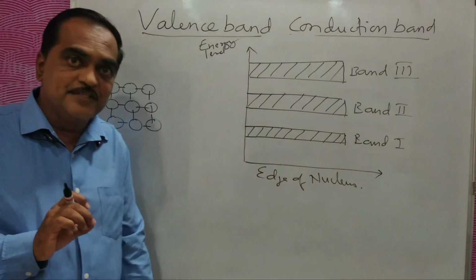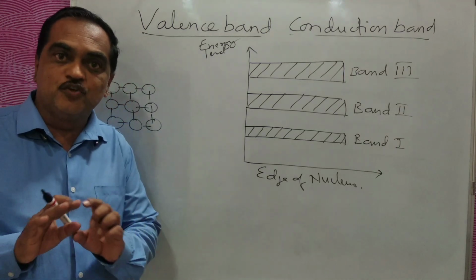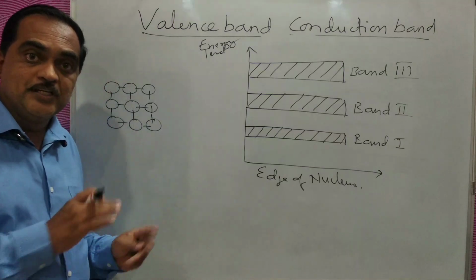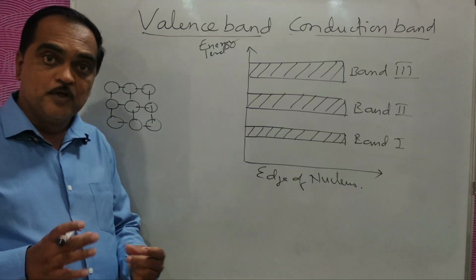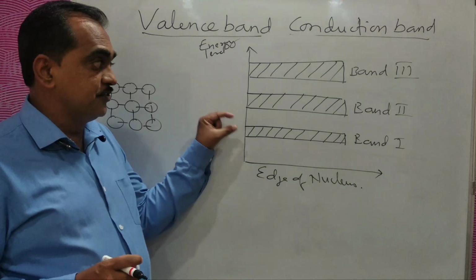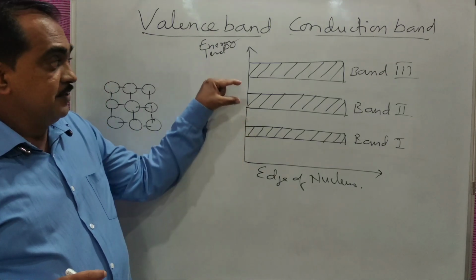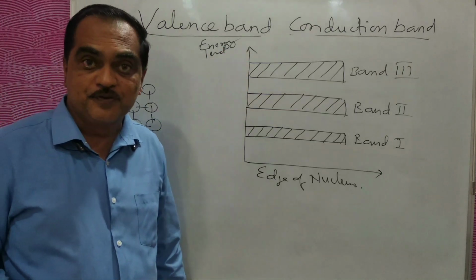So now we have seen what is an energy level diagram, which was the energy of single orbits of a single atom, and then we have seen what is an energy band diagram, where many atoms are combined, and all those combined energies are taken as bands of energy. This will be the band of the first orbits' energies, this the band of the second orbits' energies, and this the band of the third orbits' energies.